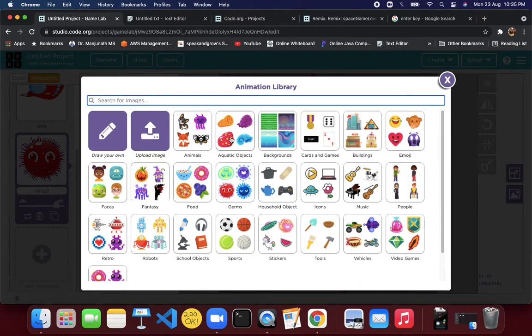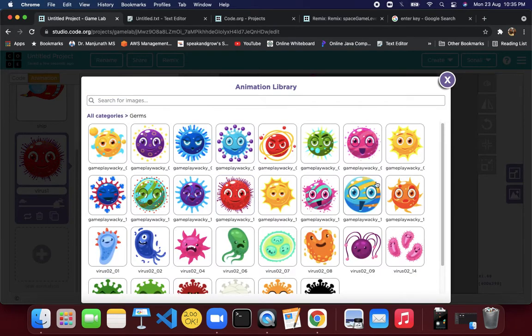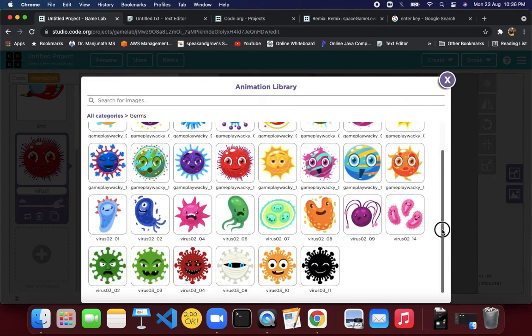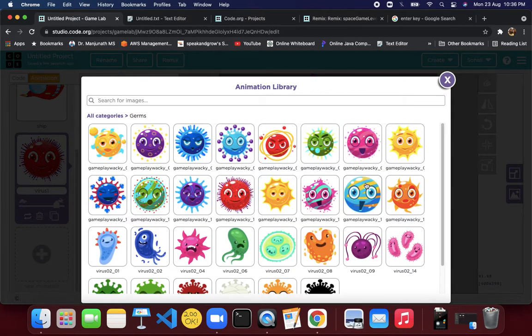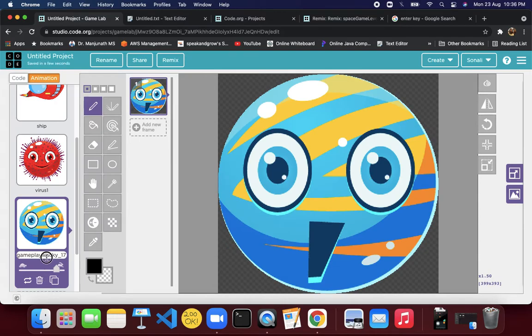Do we have anything in the galaxy? Anyway, let's keep it from germs, but once we learn to download things from Google, we will download an Earth. I think this is a bit closer to Earth. If not, don't worry, we will change it. So for now, let us keep this as Earth.